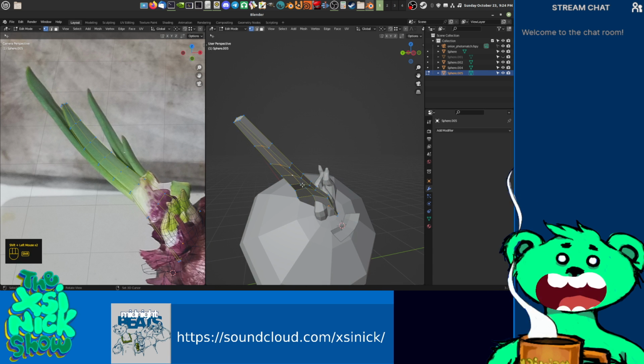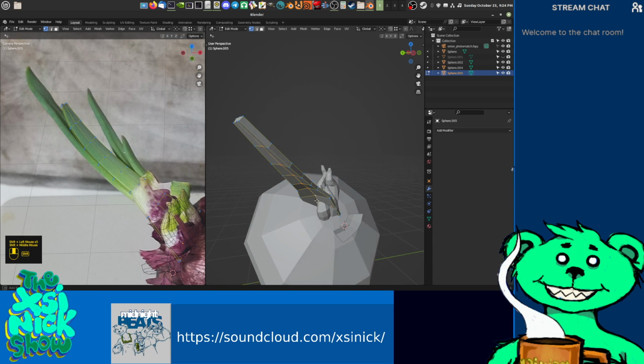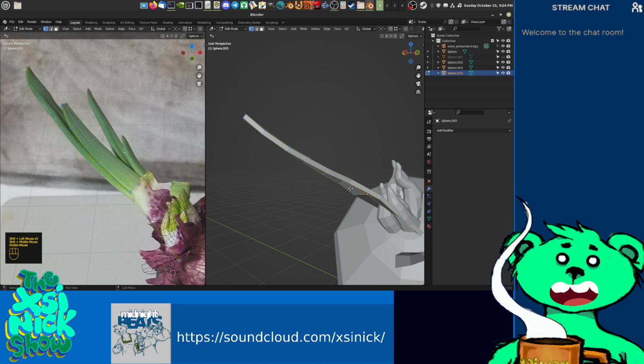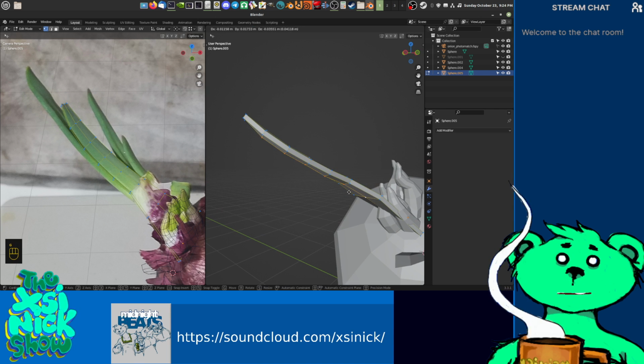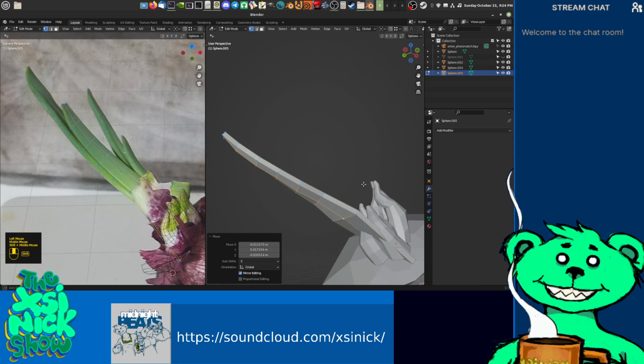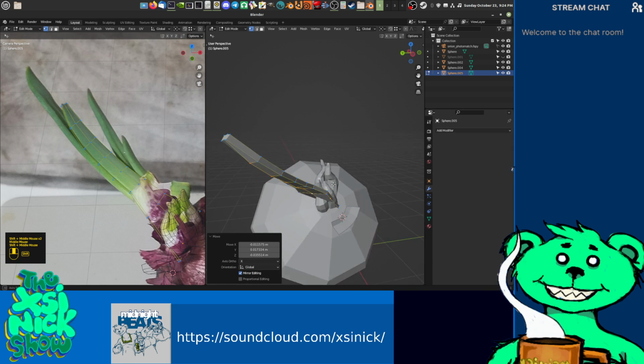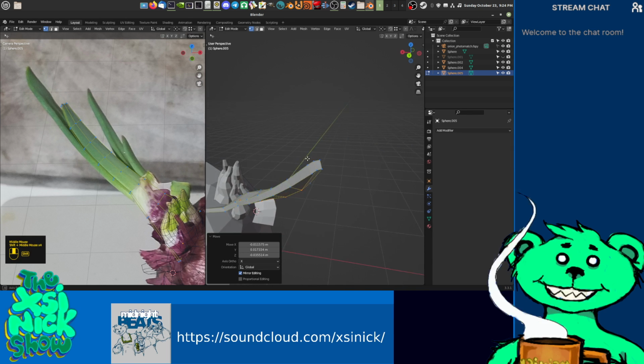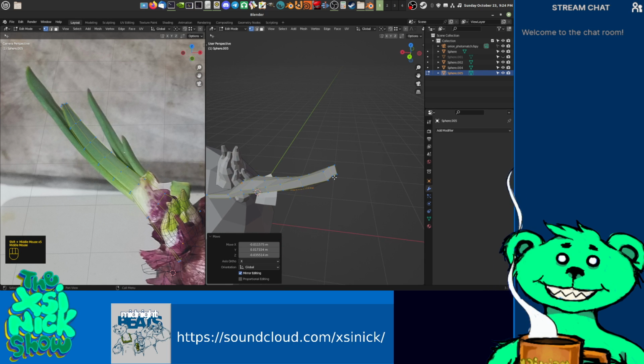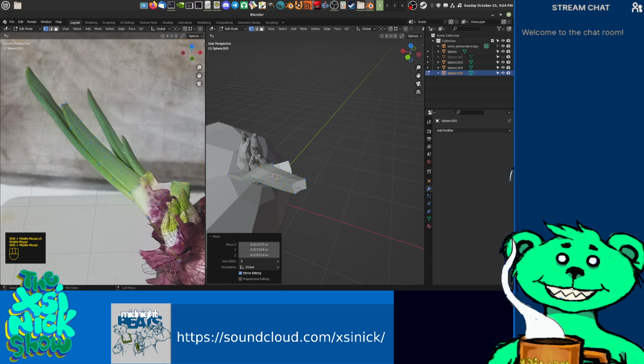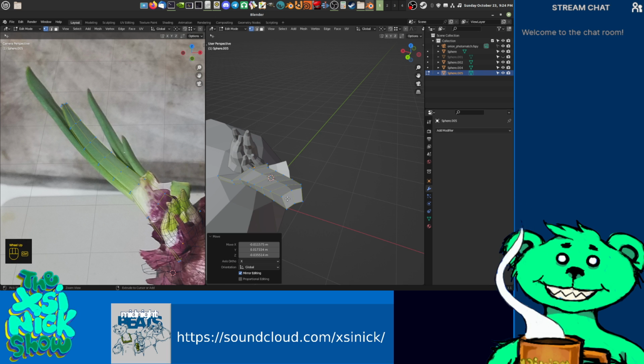Just gonna select these points right here. I'm just gonna move them down. The thickness is more like that. Right, and what I want to do is